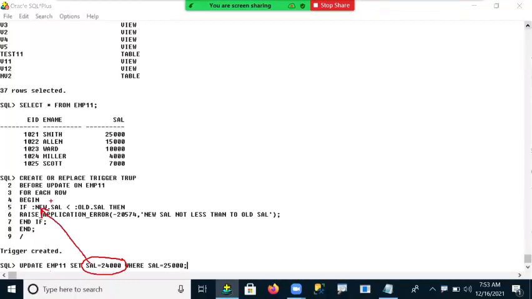And this is the old salary, held by the colon old bind variable. So the new salary 24,000 is less than the old salary 25,000.